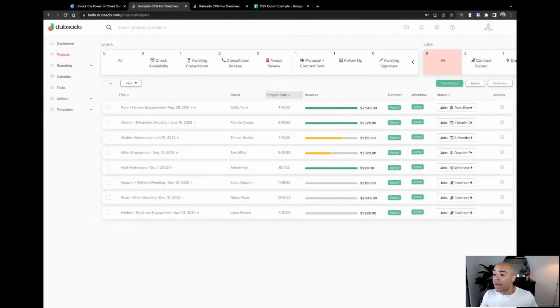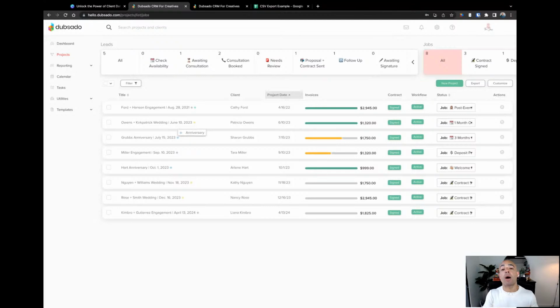Let's see here. Is there a way to export with proposals forms to see what clients pick as popular packages? That would be the big data I'm looking to see, a report on what things clients pick the most on the proposals. So there's two things with that, Jamie. Number one is that if you use the tags as your different services, just to give a general example, let's say you have bronze, silver, and gold, and those are your different packages. You can tag your projects with those services, so that would show up in a CSV export. So you can absolutely do it that way.